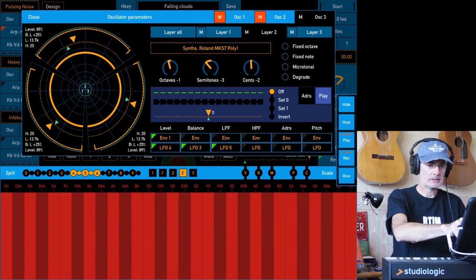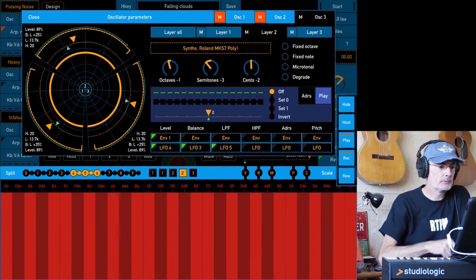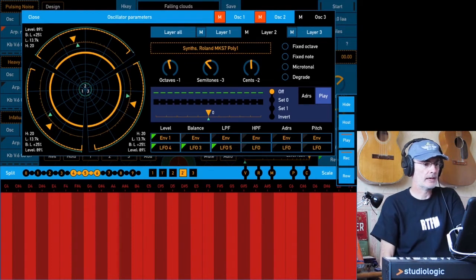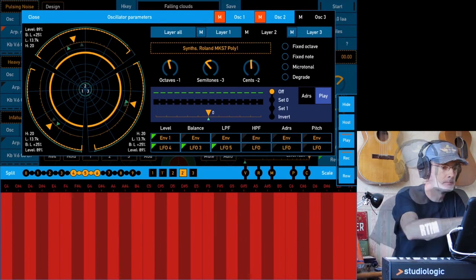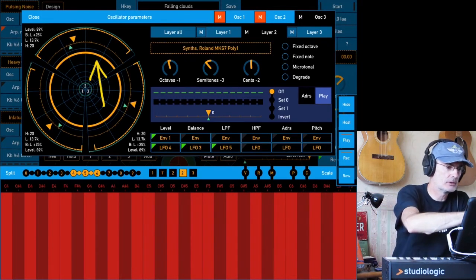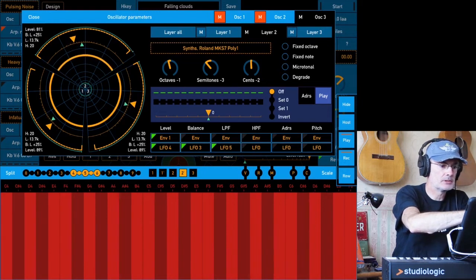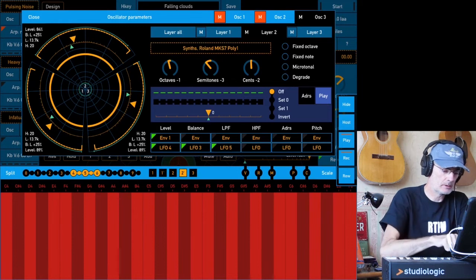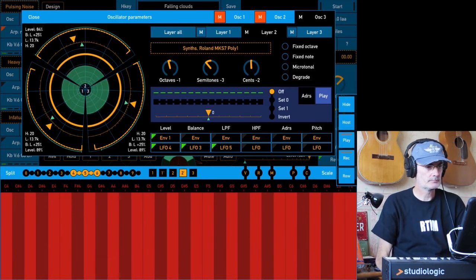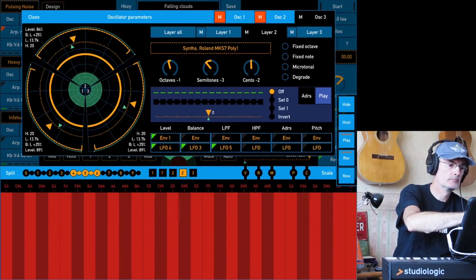Again, looking at this table of parameters at the bottom right, balance, low pass, high pass, that leaves us with pitch, address and level. Now level, if you look towards the centre of this radial diagram, and again focusing on the top segment for layer 2, there's a solid orange segment of the circle which, if you click and drag, moves in and out. Now that denotes the level parameter. If I play it just as it's set now,